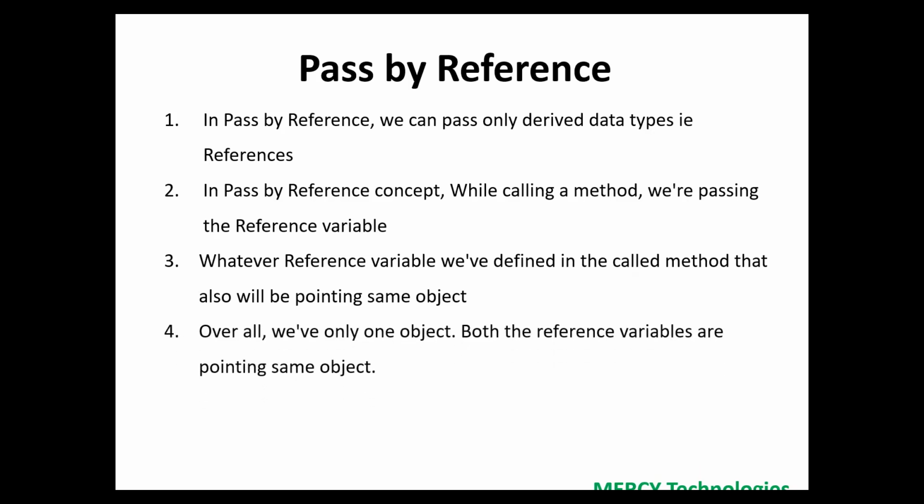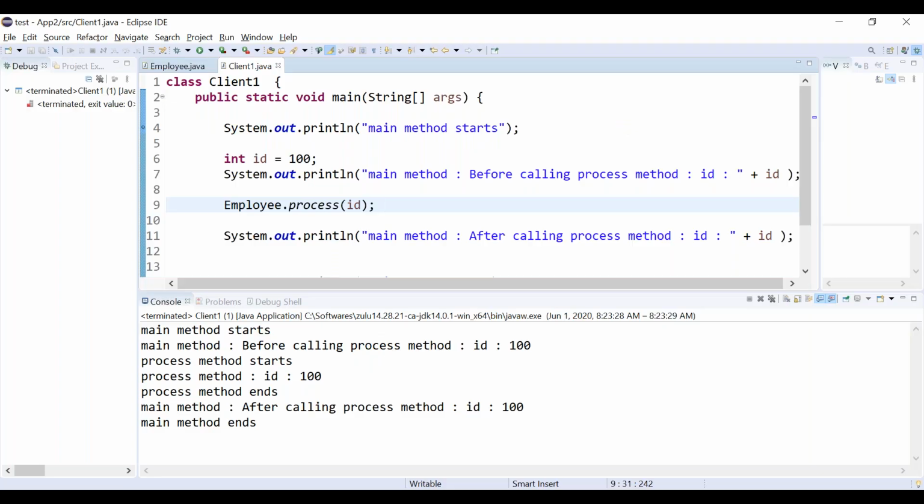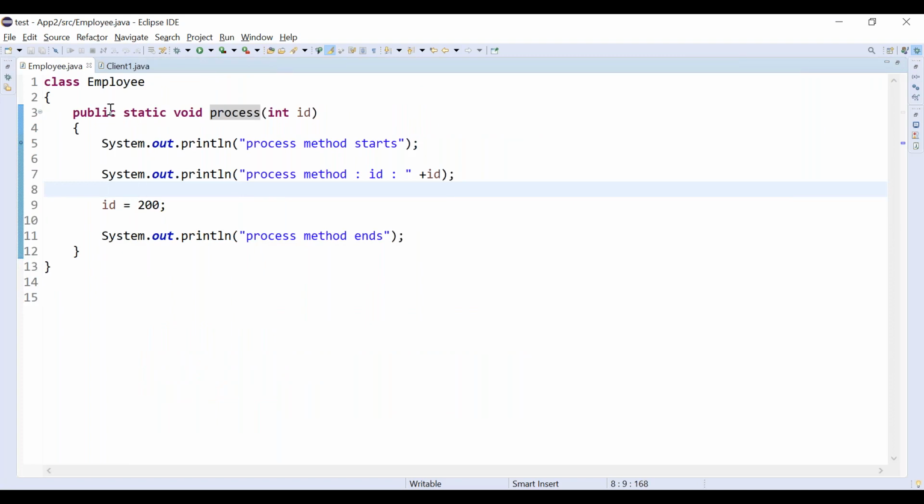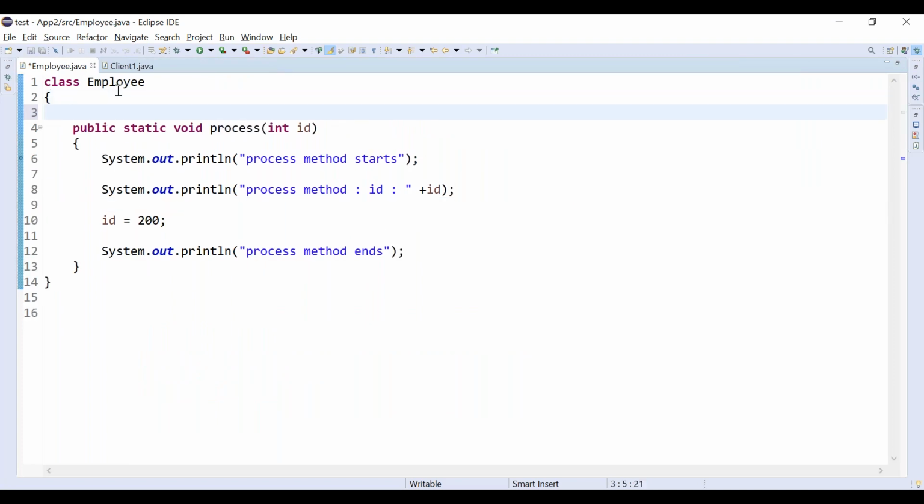Let's go through our program again. I am making the change. Consider we are modifying this Employee class. Consider the Employee class has one instance variable ID.